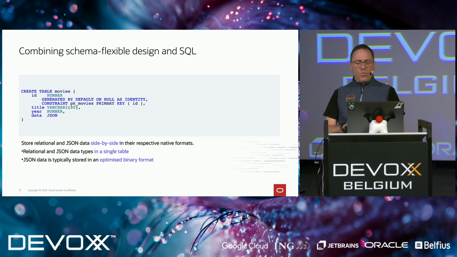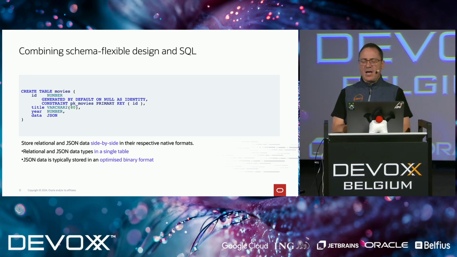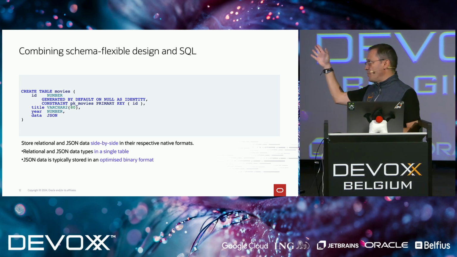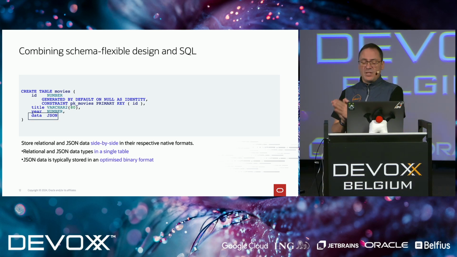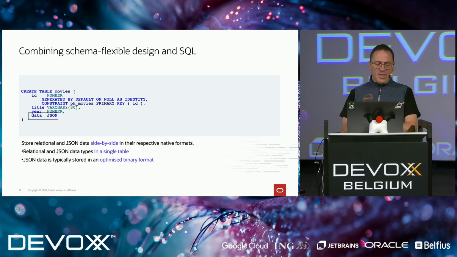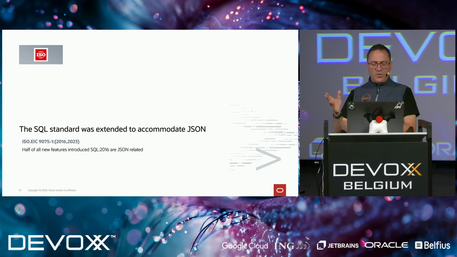So when you want to combine the use of JSON data and SQL data, these database providers will give you access to something like this. You define a relational table just in the same way. The thing that is different here, the thing that you've noticed, is that now we have a specific JSON type. Again, this JSON type will be implemented in different ways depending on the database provider of your choice. Now, the advantage of doing this, again, what I mentioned before, is that now it's part of the SQL standard.